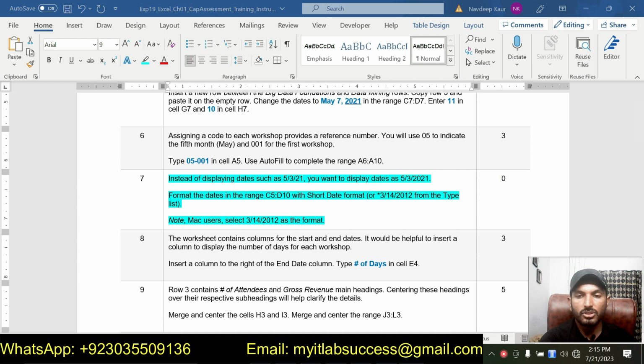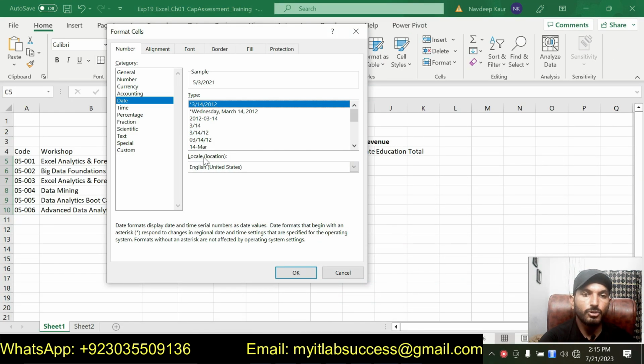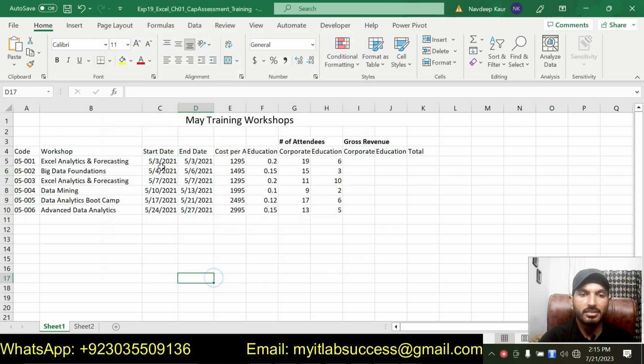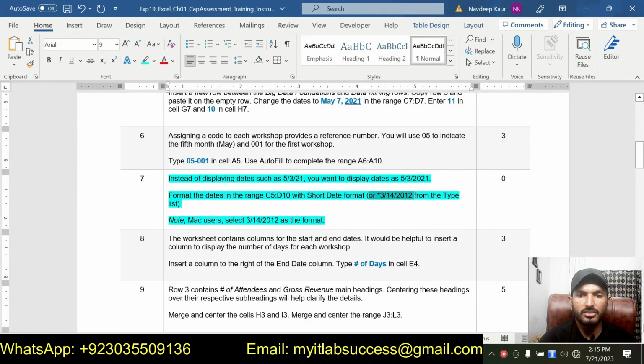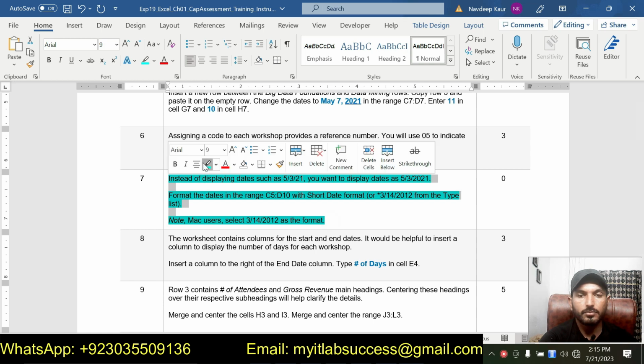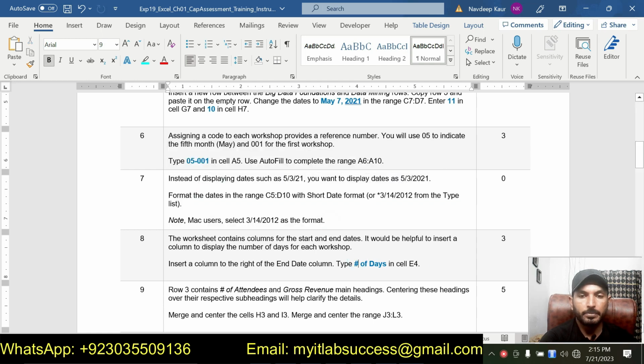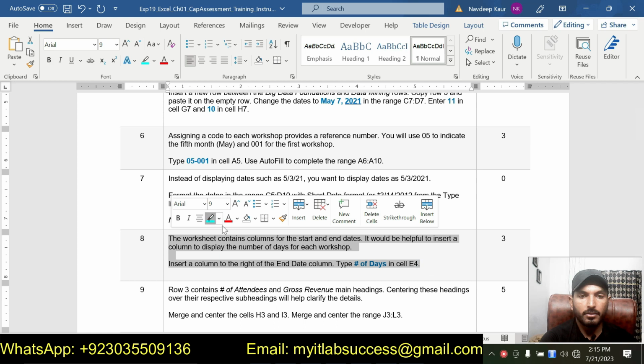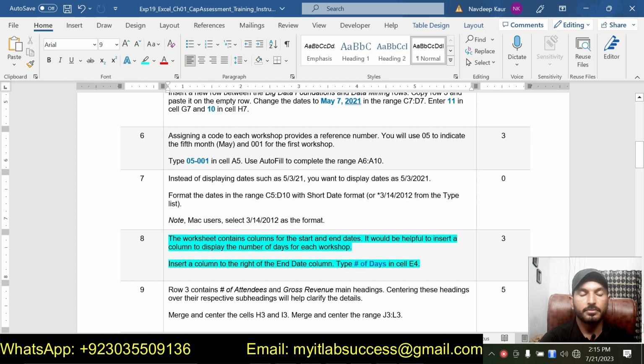This is the short date format. And we are supposed to use this short date format for these dates column. And you can see that this is in the form that is required in step number 7. So we have completed step number 7. So next step is step number